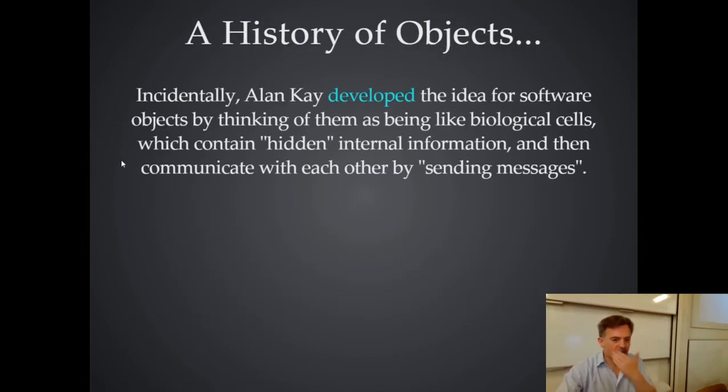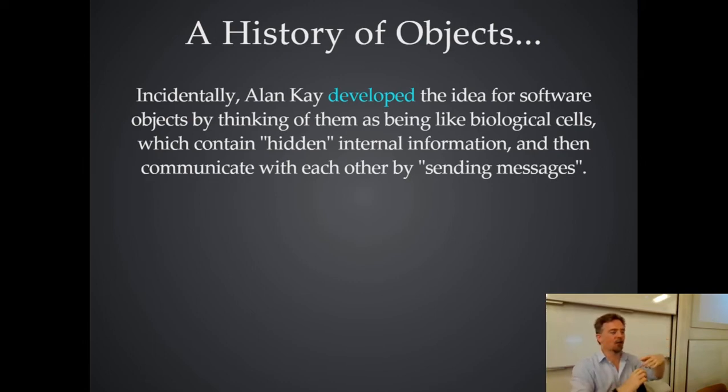Okay. So while we're here, and I'm giving you this little bit of philosophy and history about where object orientation came from, when Kay came up with the idea of building programs out of objects, he was partly thinking of it as an analogy for biological systems, which are like this. They are adaptive and they recycle over time. So the whole point of objects was that an object is supposed to be like a biological cell, and that there's a whole bunch of machinery inside the cell, doing stuff, making it function correctly, but it's kind of protected from the outside world by a membrane that stops stuff from getting in and contaminating it.